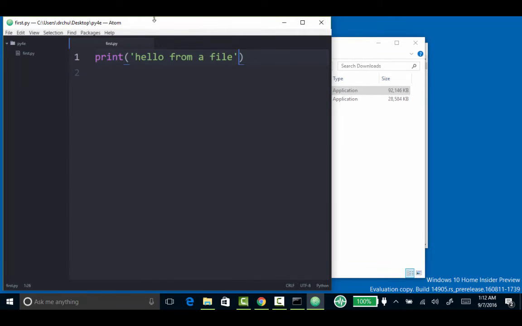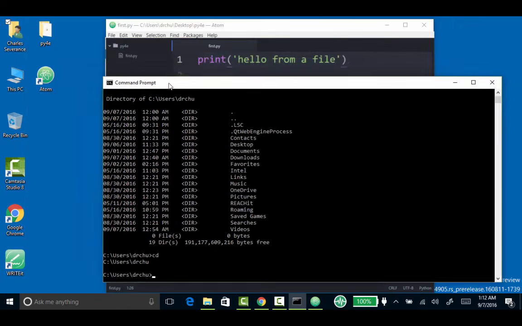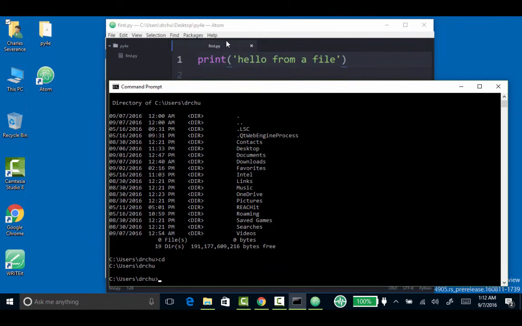And you'll notice that when I save this, it syntax highlighted it. That's one of the nice things about a programmer editor. It's got a suffix of .py, so therefore it knows that it's supposed to look pretty with Python and make this one color, make this another color. The other thing that you'll notice is that I now have a folder called PY4E.